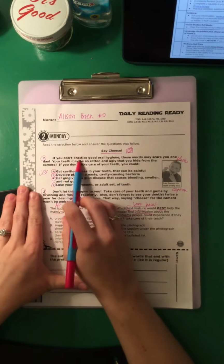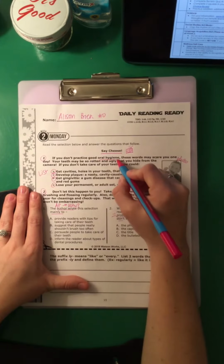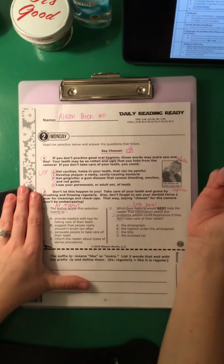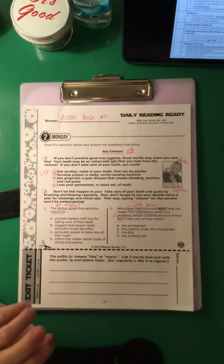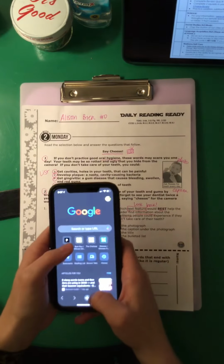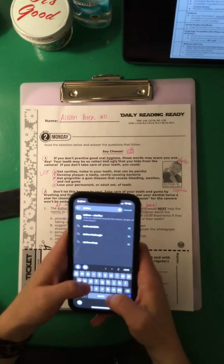It says, if you don't practice good oral hygiene, if I don't know what that word hygiene is, I wonder where I could look to figure that out. Probably a dictionary. So let's see, if you don't have a dictionary at home, one thing that you can do, if you do have access to the internet, is you can get on Google and you can put define and then type that word in,